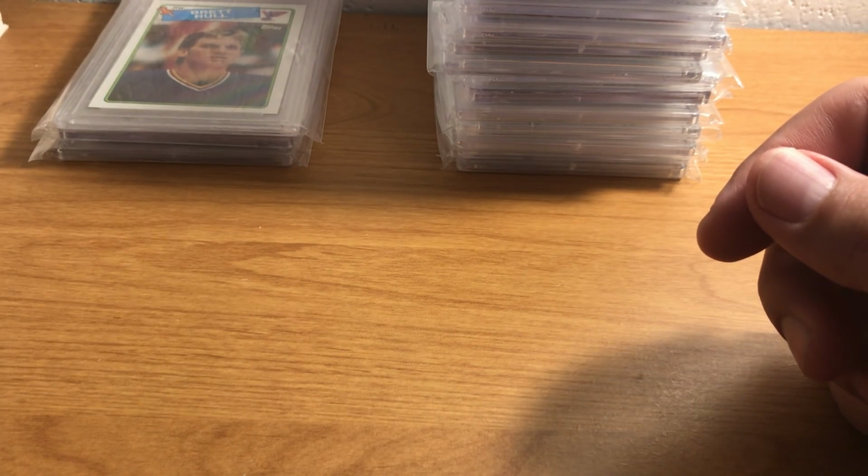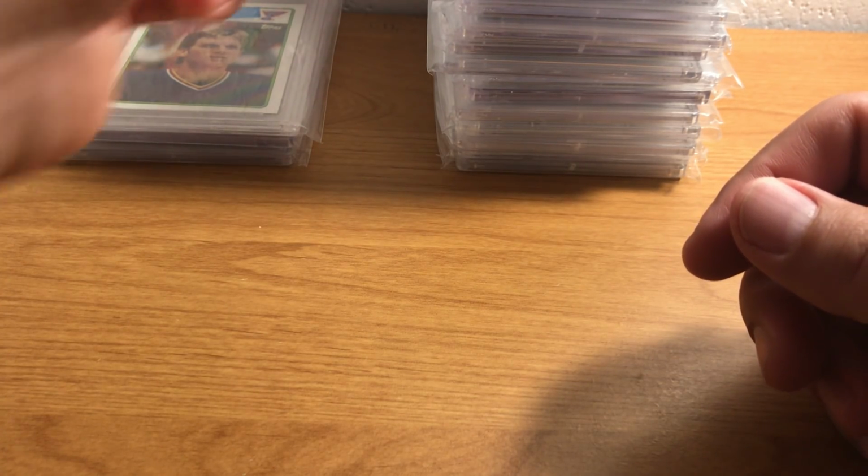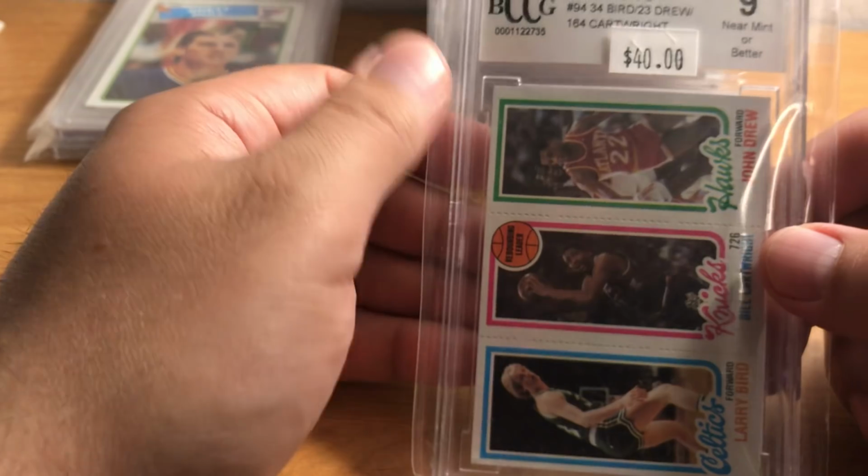I wonder what a box of 88 Topps hockey cards go for. Probably a lot. I have a lot of 89 Topps